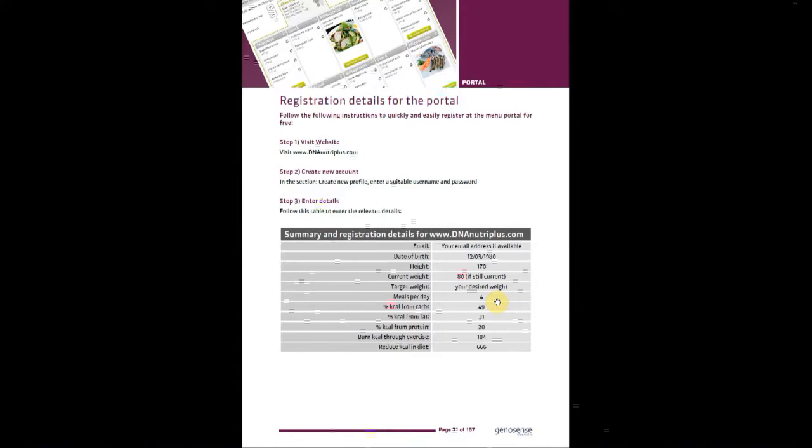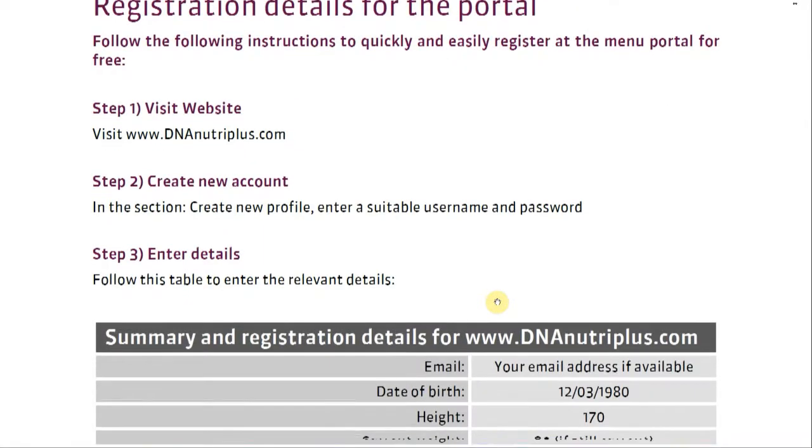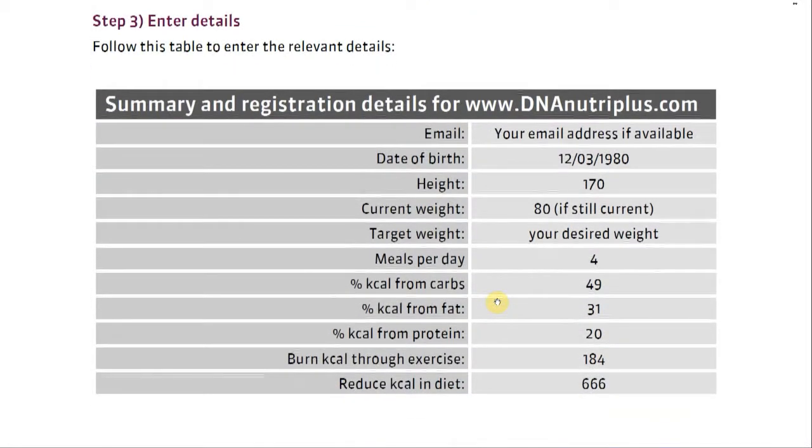Now, if you want to register, this is how you do it. So you first visit the website, you create a new account, you enter the details, and the ones that you need are here. And we have the percentage of carbohydrates, fat, protein, how much you should burn through exercise and so on. And these numbers are the ones that we got from your genes, and they will then be used to help you